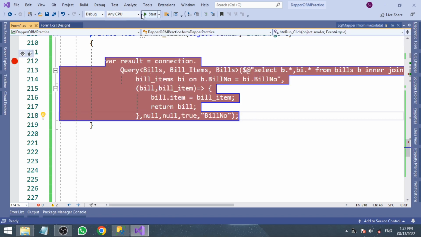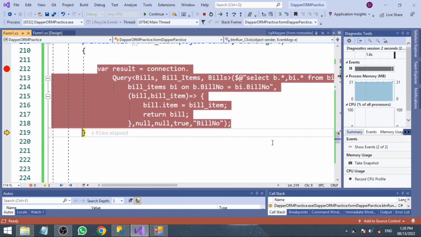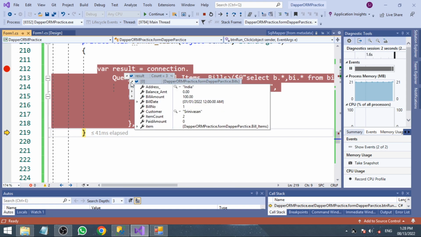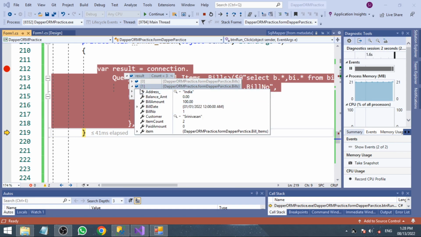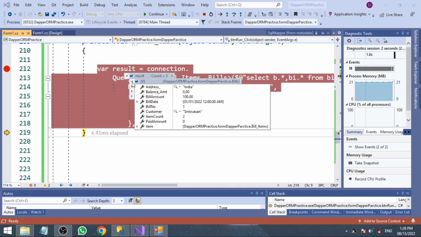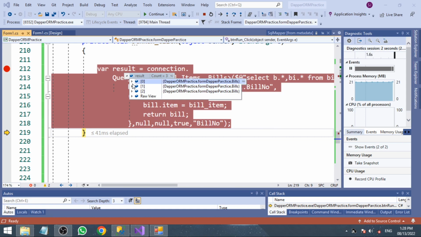So now when I run the query, yeah, we can run the query without any error now. And you can see there are three bills. Bill number one comes two times, right? We can see that it's two times. Bill number two is one, because